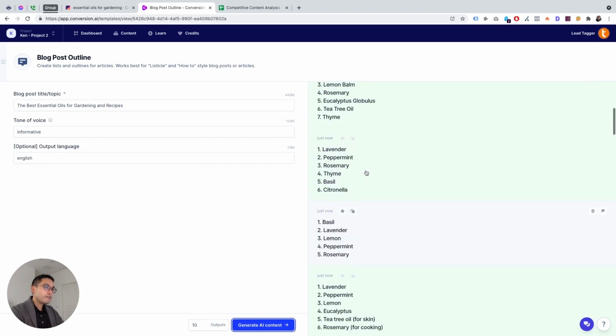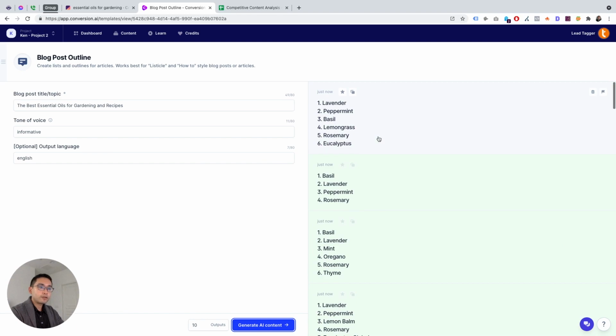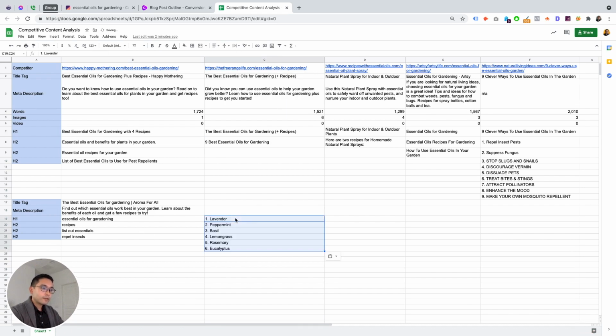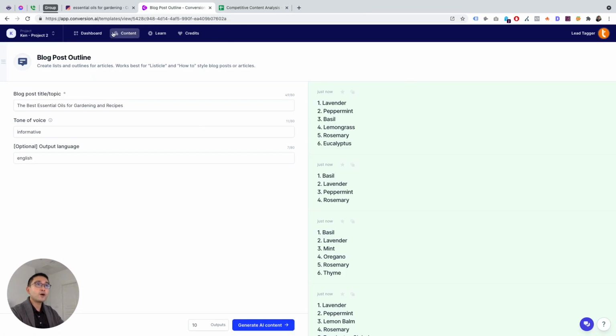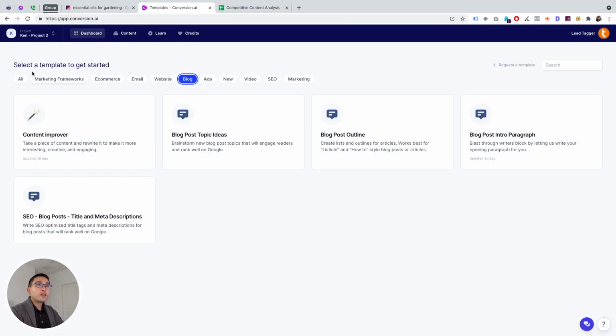Okay, so basically for the most part, you can see that it's listing out the different essential oils. So I know that I need to be talking about this, right? So I'm just gonna put it at the side here so I know that these are the essential oils I should be talking about. And now I can go and do the long form